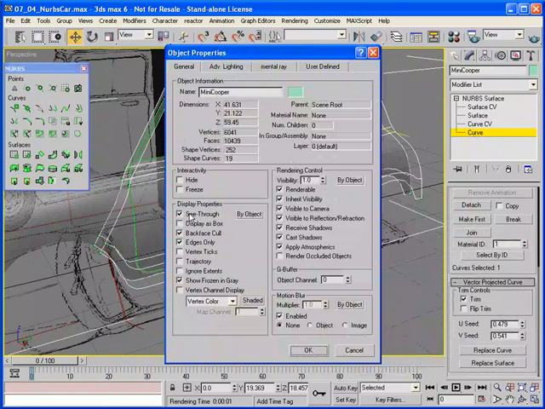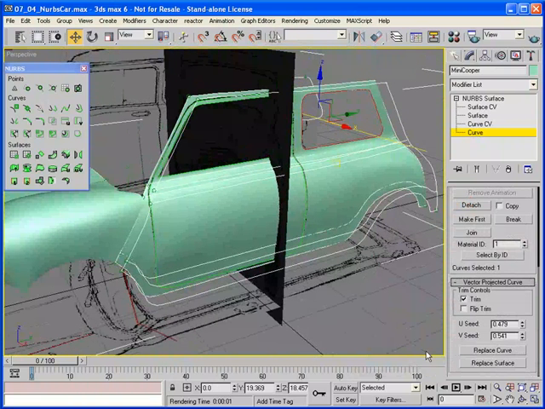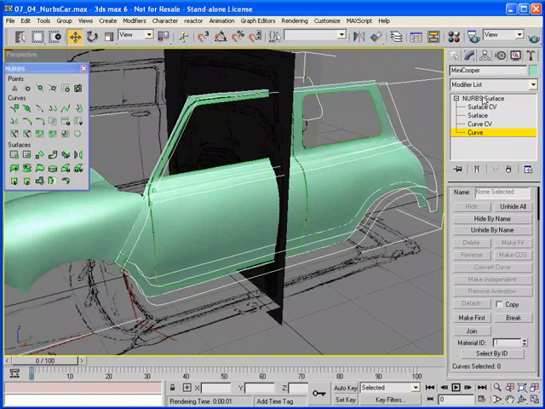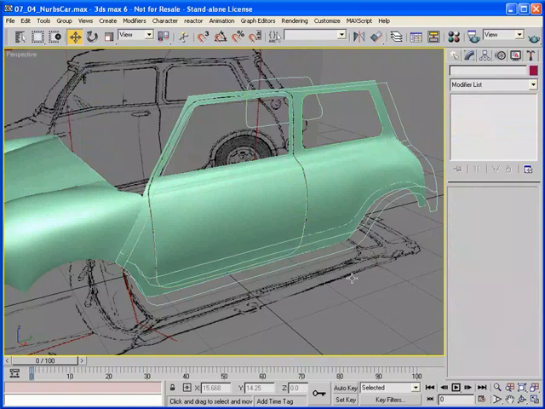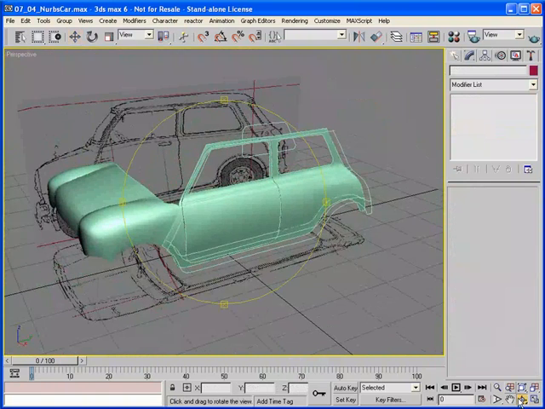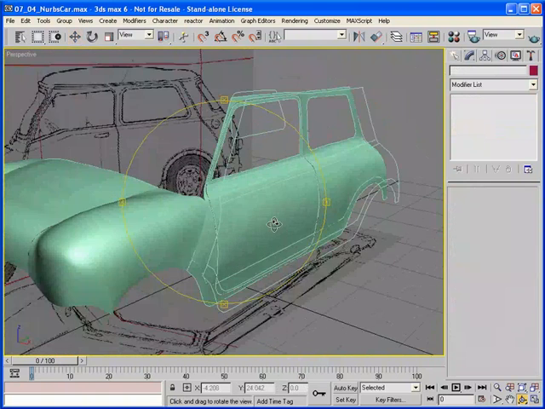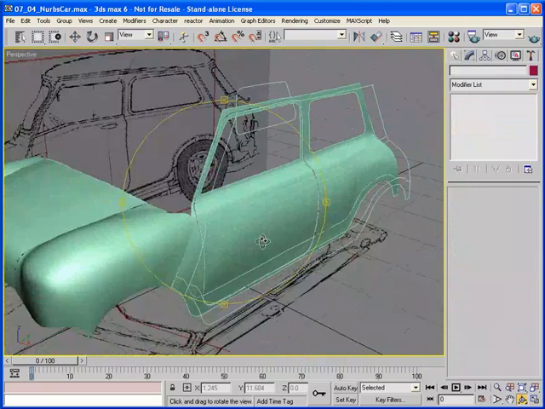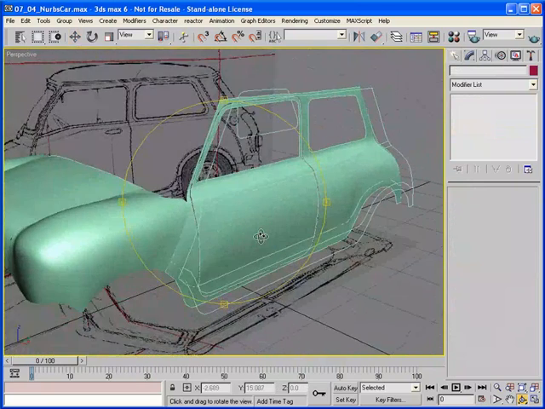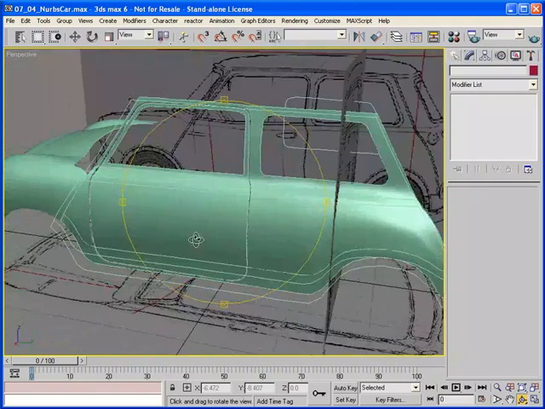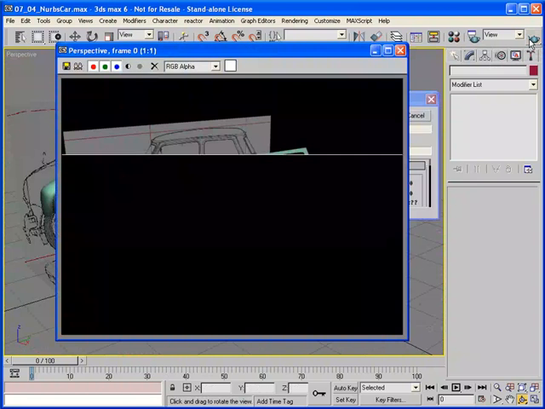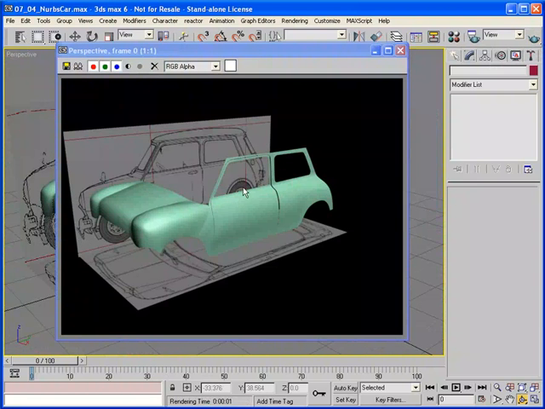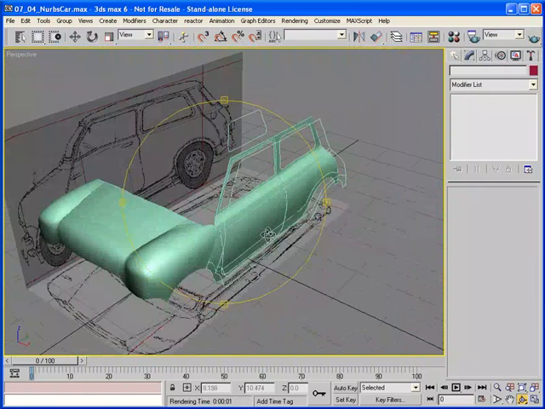Now I'm going to go to properties, turn off see-through, and actually let's go ahead and hide this panel so we can see it. There we go. So we've got a door, and got a ton of curves out here which we can hide, but I've got a door with windows, so now we can move on to the back of the car. But before we do that, there we go, there's a nice render of it. So that's pretty good. Obviously we're going to have to build insides for the door and that sort of thing,